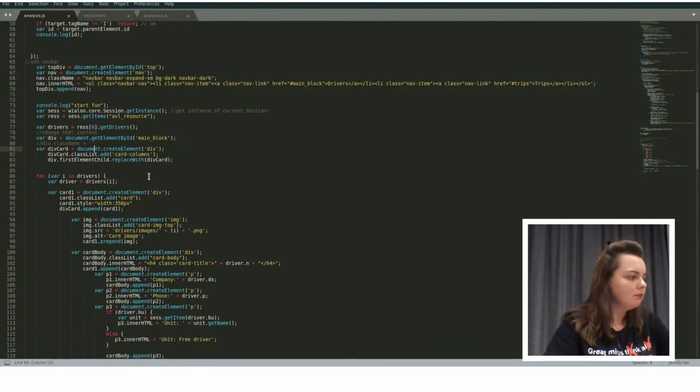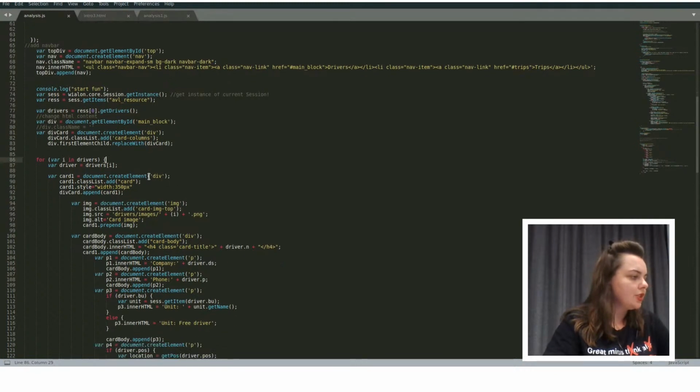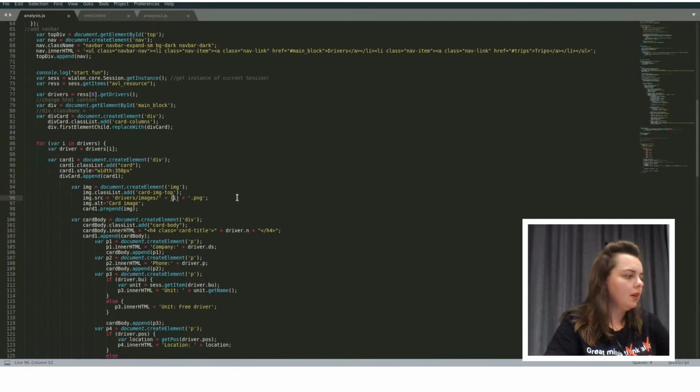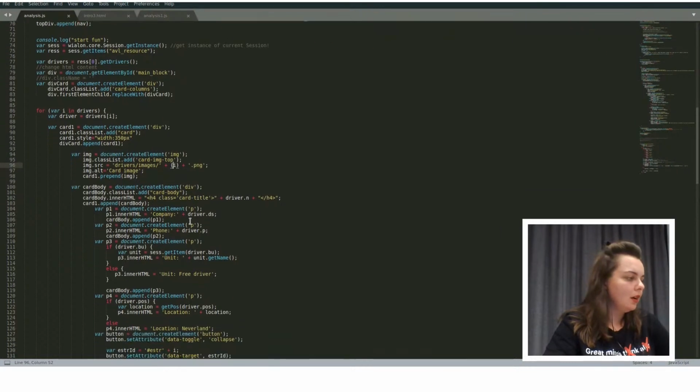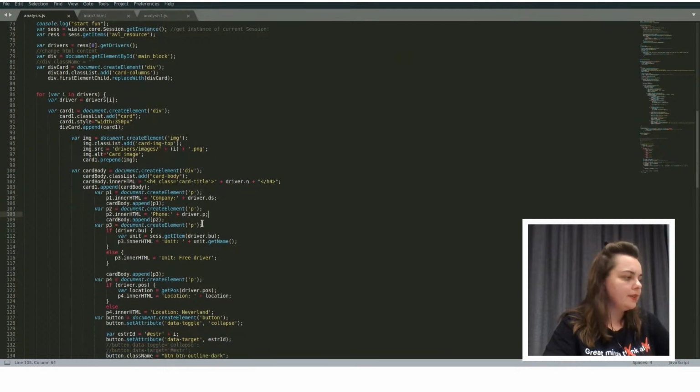Drivers is an array collection. For each driver, I get information and create a special card, a special block for each driver, where I use, for example, driver.n as the driver name, driver.ds as the driver description, driver.pair as the driver phone,